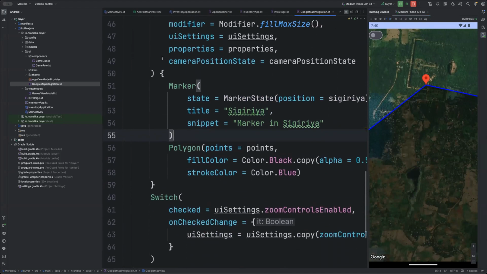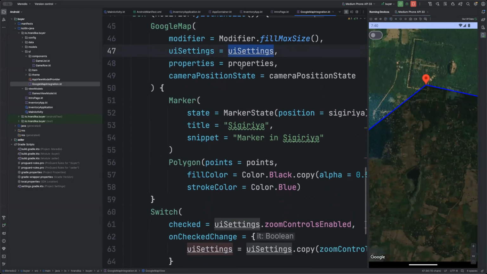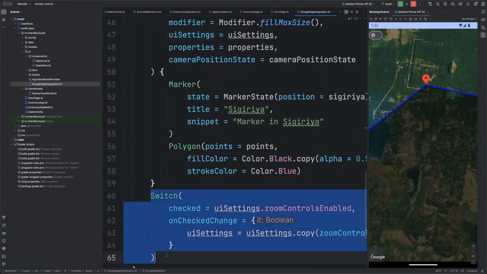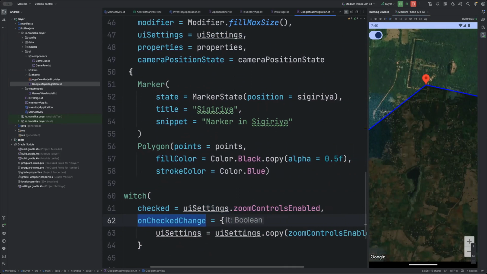But if you want some configuration that we need to do, we can use the UI settings. The UI settings in here. So what we can do is use a simple switch. If it is checked, we set the UI setting zoom control enabled. On a change, if the checked has changed, what we're gonna do is